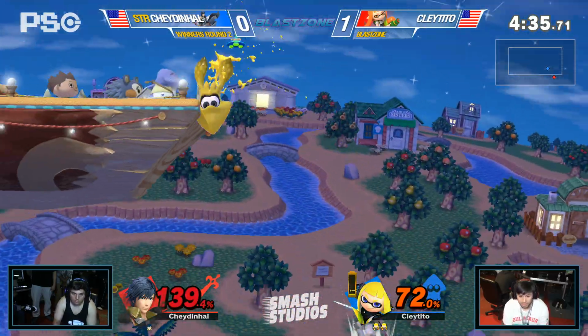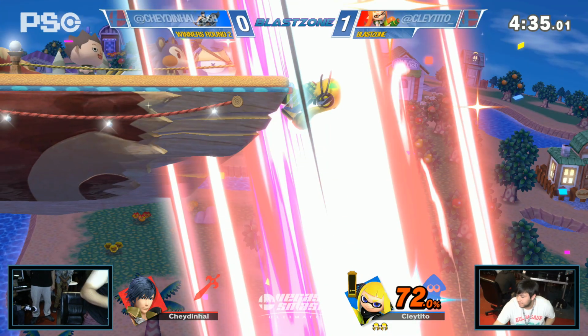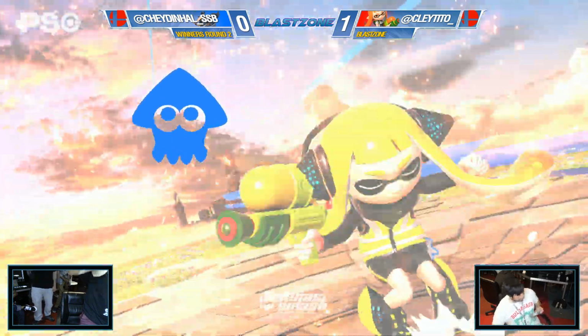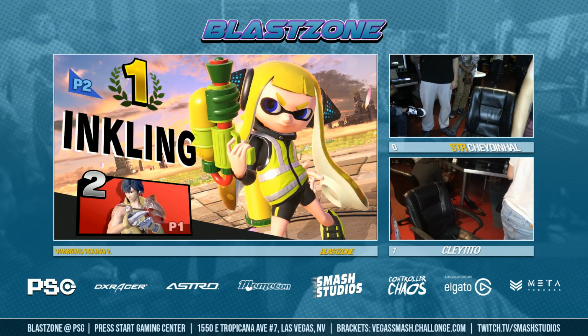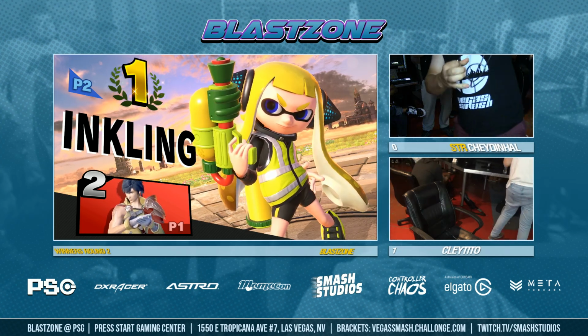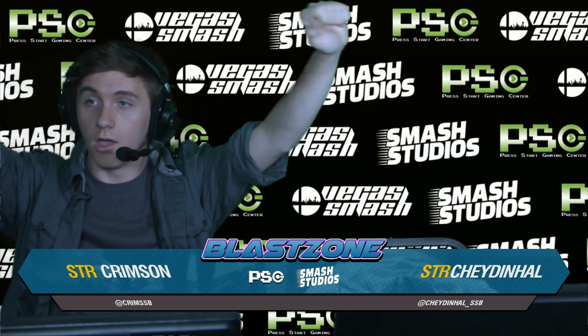There's no way. Yeah. Unfortunate, but that's just how it is. Cleytito going 2-0 over Cheydinhal. Solid gameplay from both players. Cheydinhal kind of just letting the Inkling pressure him too much. Okay. So one leaves, another